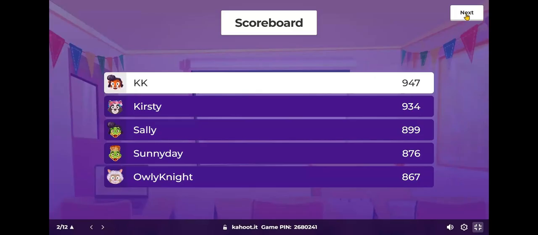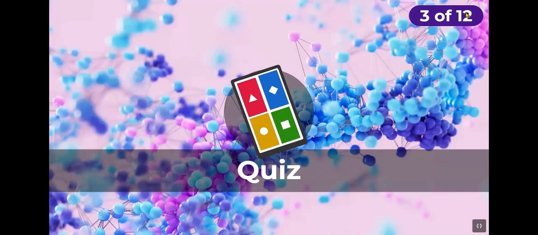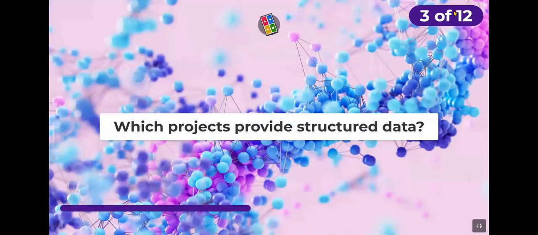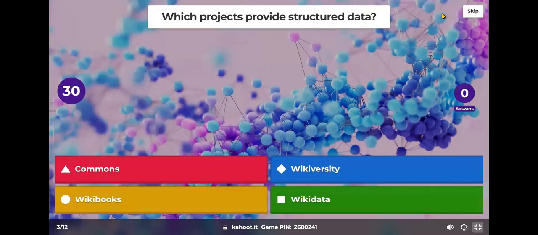I believe we can continue to the next one, and leading for now we have KK. Which projects provide structured data? Is it Commons, Wikiversity, Wikibooks, or Wikidata? I feel like the answer is in the question itself.